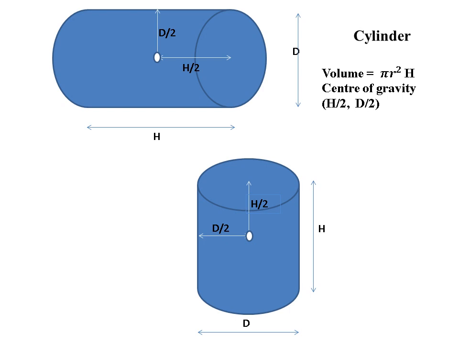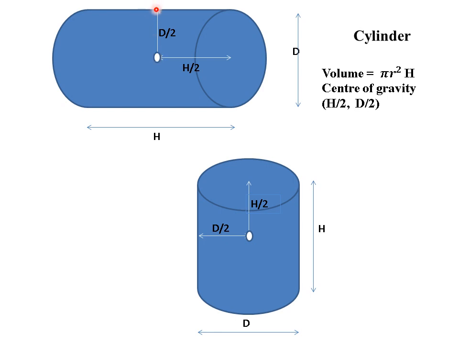This is the diagram of a cylinder having height h and diameter d. Here it is shown placed horizontally, here it is shown placed vertically. Again height h and diameter d. For a cylinder it is quite simple. The center of the cylinder itself is the center of gravity of the cylinder.